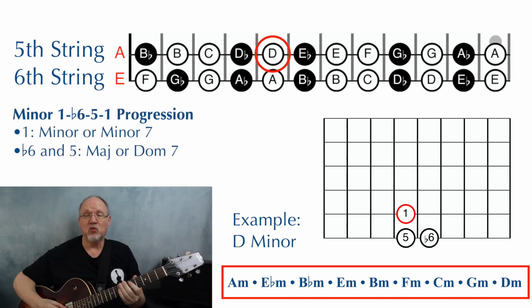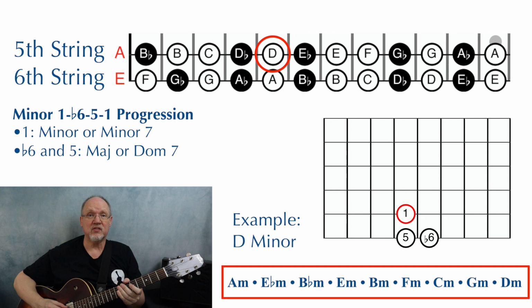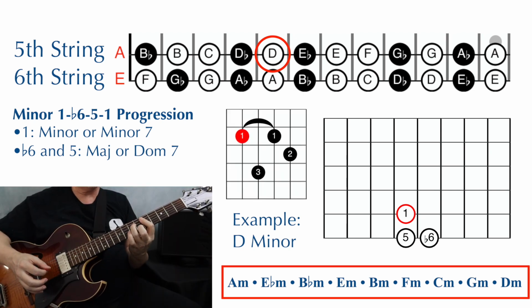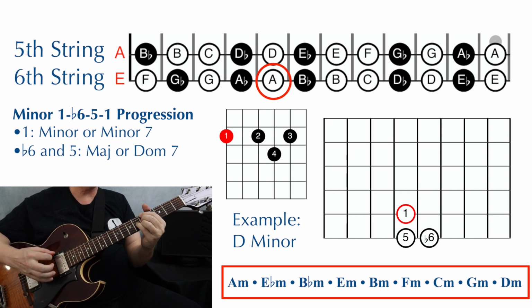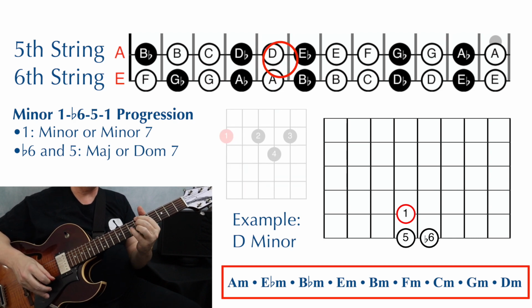And then play a minor 1, flat 6, 5, 1 progression, starting again with the root of your tonic on the 5th string, and we are in the key of D minor, so it's going to be right here. So I'm just going to play all minor 7th chords and dominant 7th chords, but remember you could play major triads or minor triads as well. So 1 chord, flat 6, 5, and 1. Or D minor 7, B flat 7,